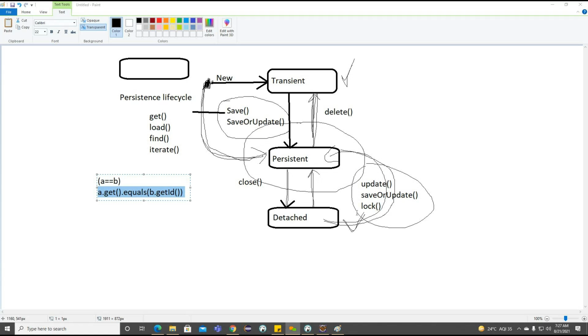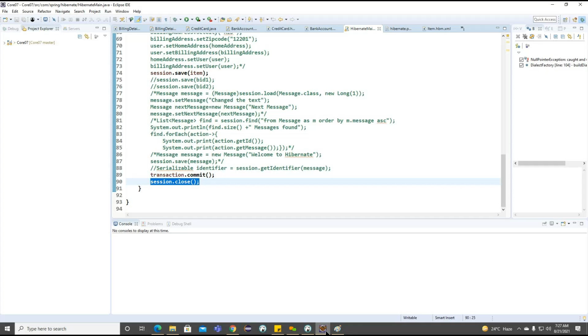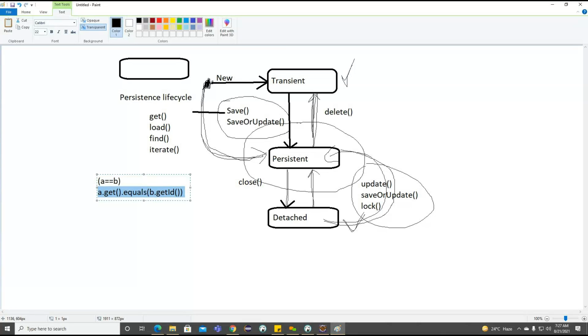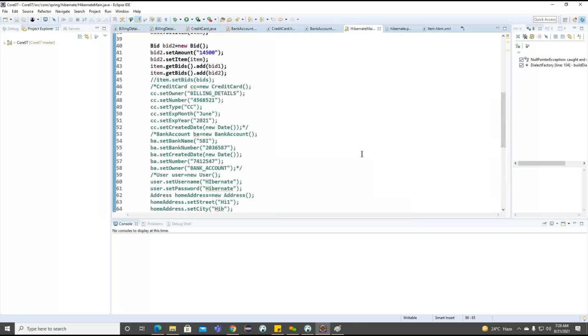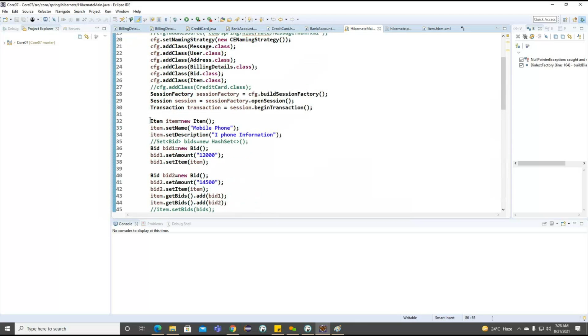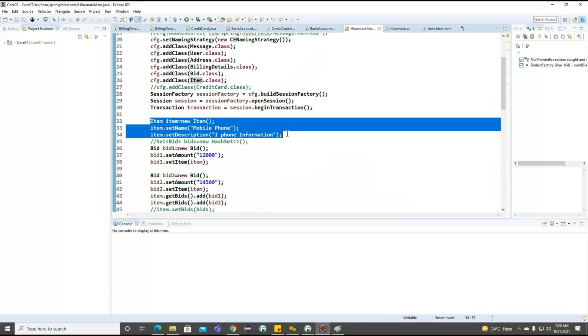Okay, so we'll go for a simple example to understand the object identity. Don't worry about the lock method. We'll see a basic example on the lock, how it is going to work internally. I just explained how it works with the diagram, but we'll see with this simple example how each and every object moves from transient to persistent and everything. So first, we need to understand object loading here.